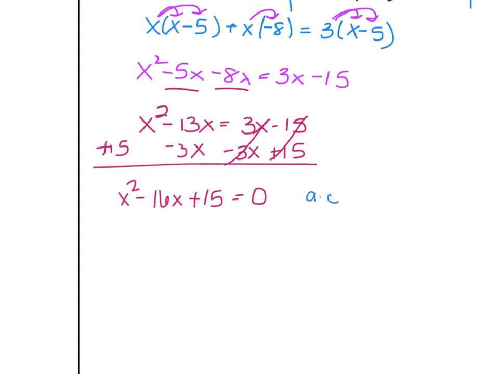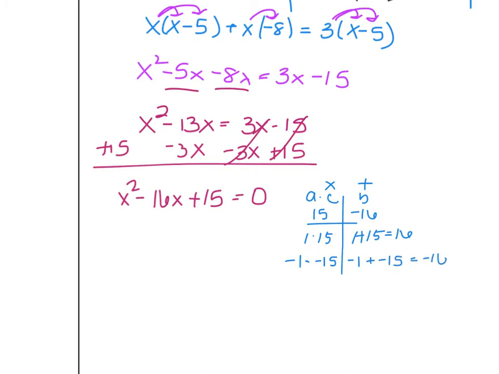So a times c, 1 times 15 makes 15, and I have to add up to be a negative 16. Well, if I do 1 times 15 and I add those up, that's a 16. So it's the right number, wrong sign. That means I need to switch both of these to be negatives. Negative 1 plus negative 15 equals my negative 16. Since a is equal to 1, I can use my nice shortcut. I'm going to have x minus 1 for one of the factors times x minus 15 for the other factor